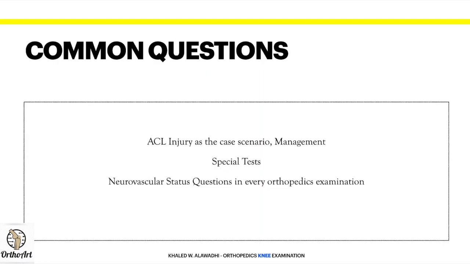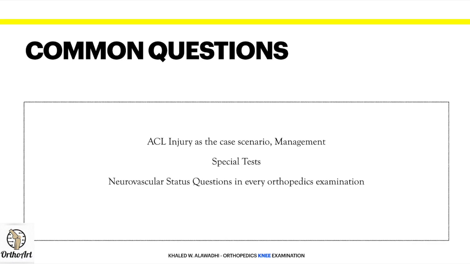Now we have reached the end of the presentation. What may be a common question asked? Sometimes the examiner will give you a scenario of a player, for example, or any patient who had an ACL injury, and ask you how you would manage this patient. Depending on his age, if he is active and wants to play sports, you do an ACL reconstruction with an autograft. You're not required to know which graft you take it from, but you need to know that you do an ACL reconstruction, and sometimes you do a pivot